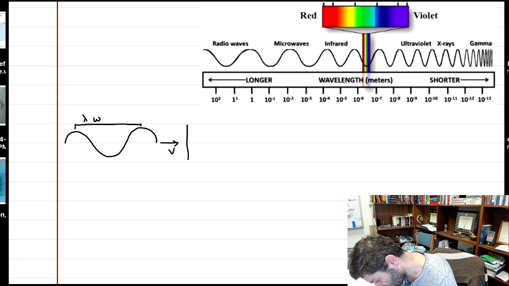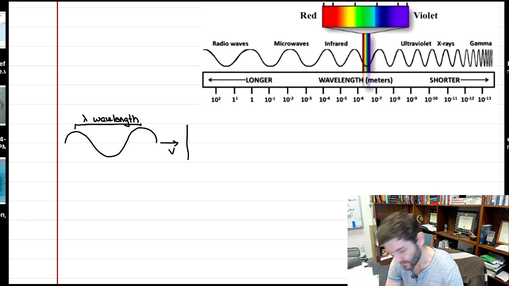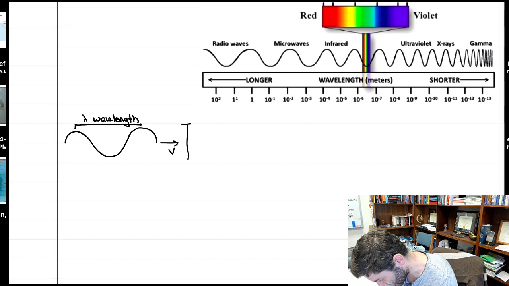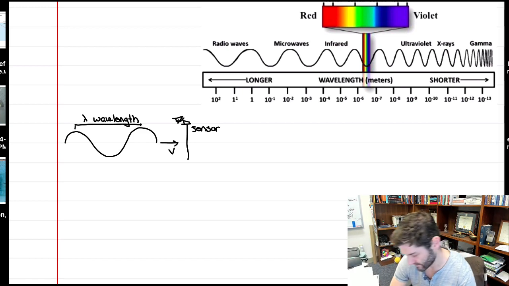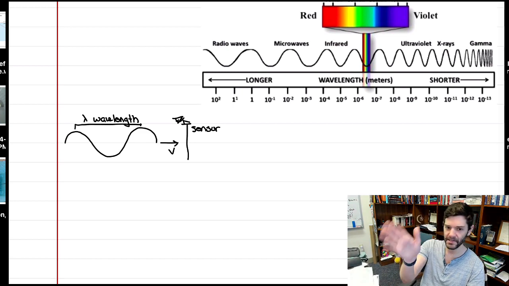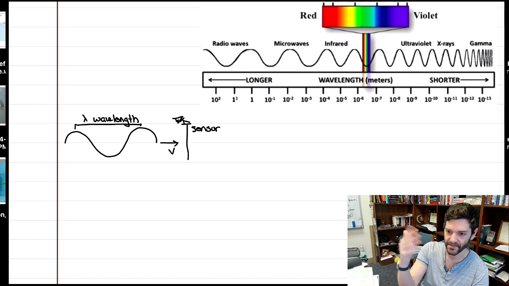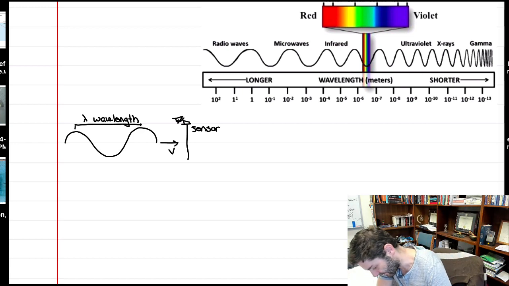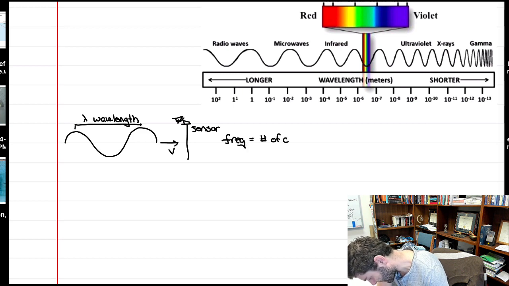So that's the wavelength. Then the frequency is if I had a sensor here, and there's some sort of device or person that is paying attention and is just measuring how many waves pass by the sensor every second. That's the frequency. So you can think of it as the number of crests